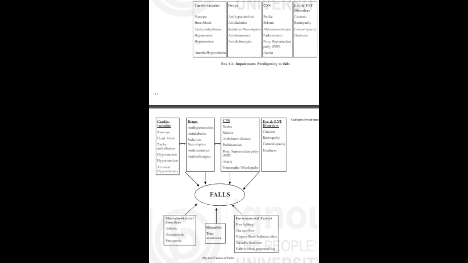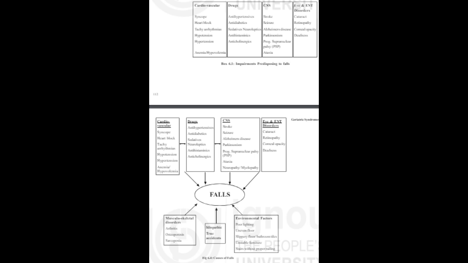Aging changes contributing to falls. A. Reduced muscle mass, sarcopenia. B. Reduced visual acuity. C. Changes in the nervous system. D. Frequent orthostatic hypotension. Causes of falls. The causes of falls are multifactorial. As a result of age-related changes, disease or adverse medication effects, the sensory motor and balance systems may be impaired, predisposing to falls. Box 6.1.